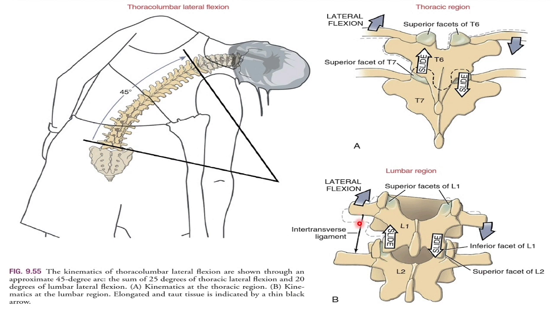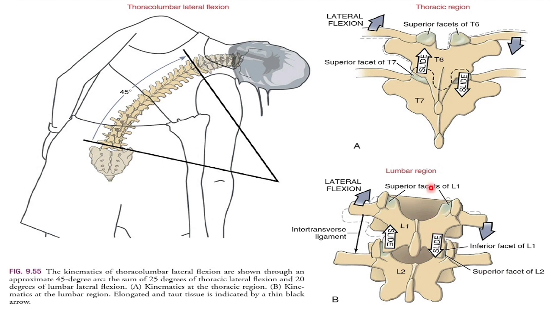The intertransverse ligament on the opposite side. So if the person is laterally flexing towards the right side, the intertransverse ligament of the left side will be stretching, as well as the other muscles over the lateral aspect of the spine, which will be preventing the excessive lateral flexion. And the intertransverse ligament of the same side, that is the right side, will be getting compressed, as well as your other muscles, during this particular lateral flexion movement towards the